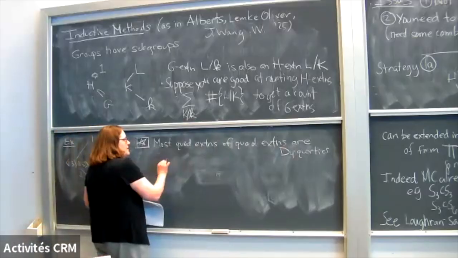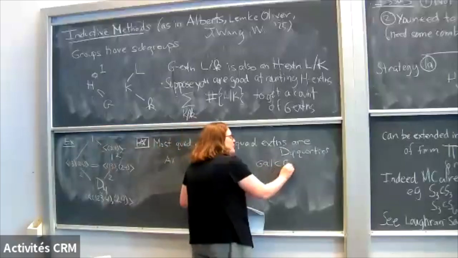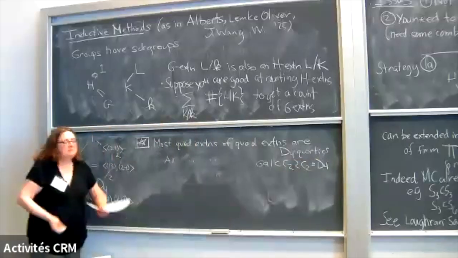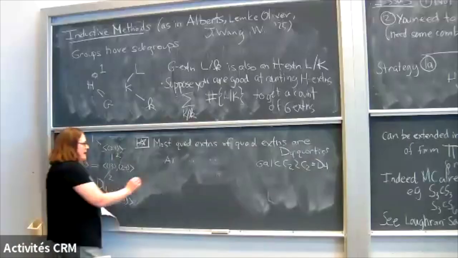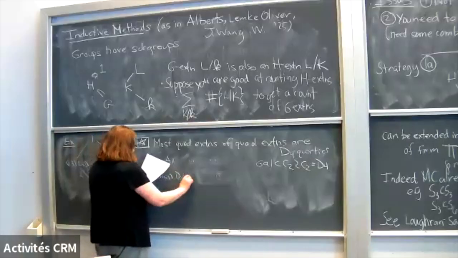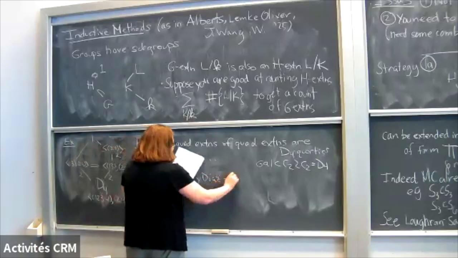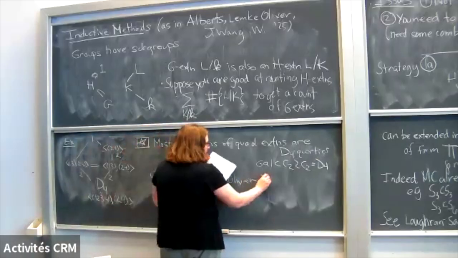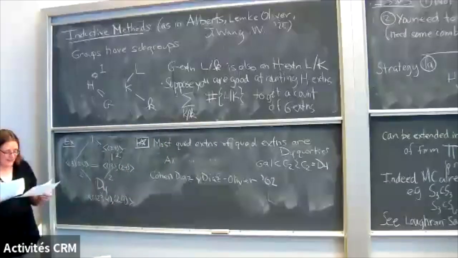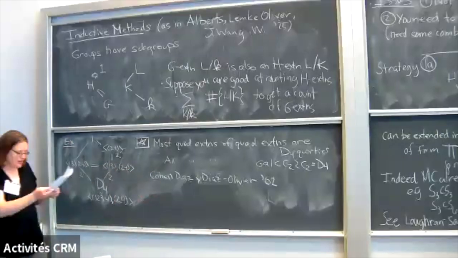Of course all quadratic extensions have Galois group in the wreath product, which is D4, and so you might expect most of them would be the whole thing. So Cohen, Diaz, and Olivier used this in 2002, going back to the time of Malle's original conjecture,